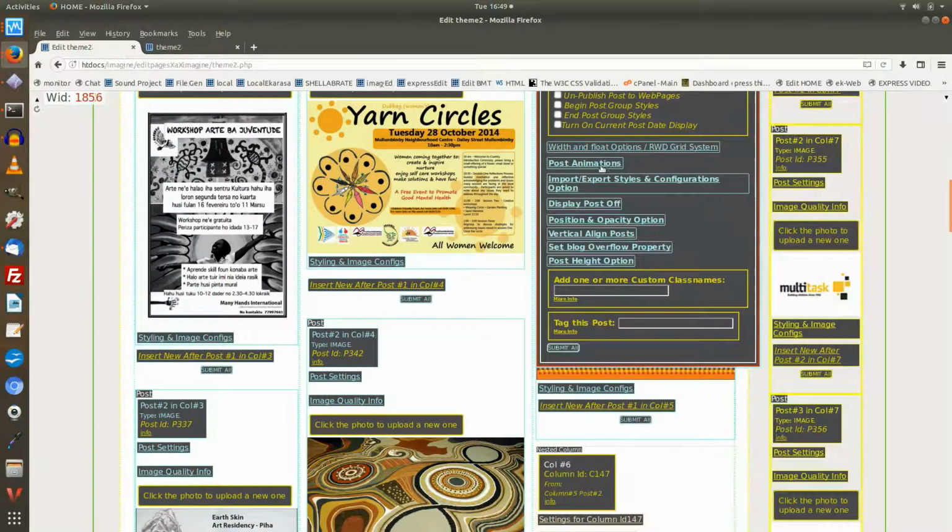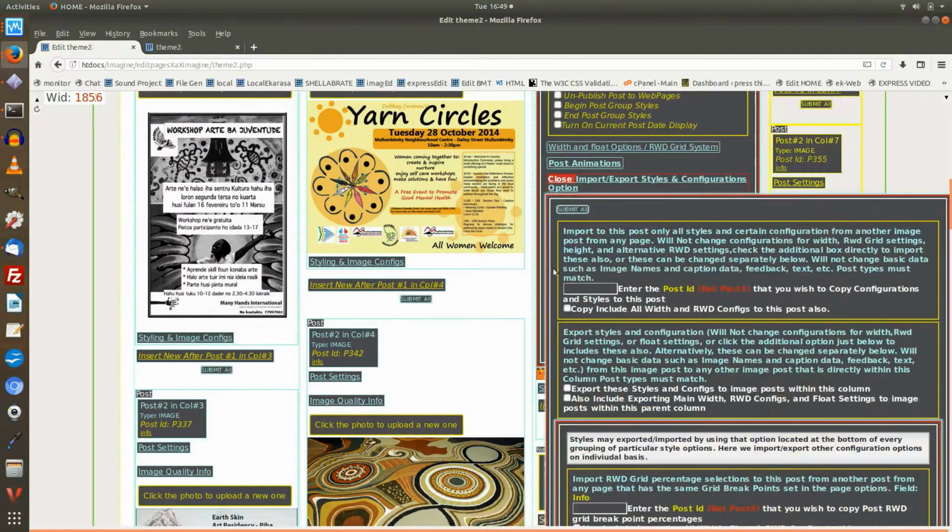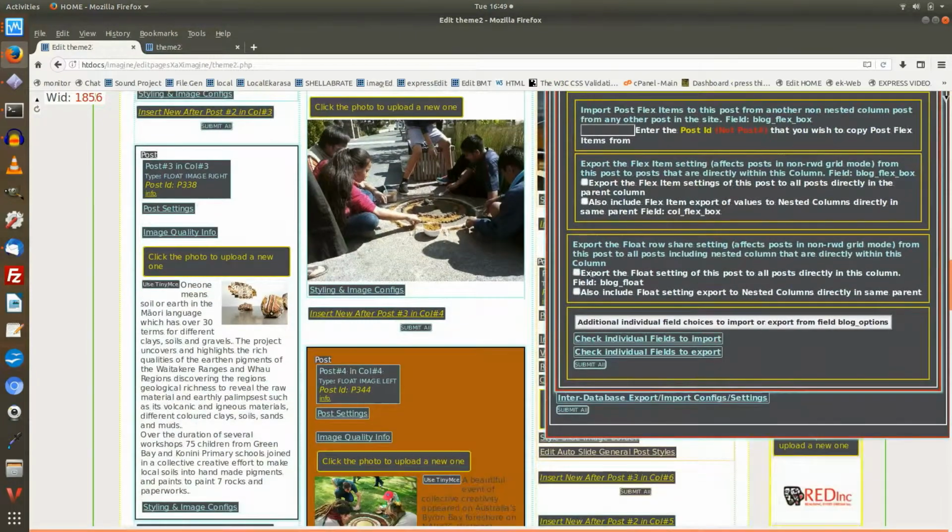We'll go ahead and export this setting to all the other posts within this parent column. There's also a nested column containing two of the posts, so we're going to go ahead and check the export to the nested column within the same parent column option. When we go ahead and look at the web page mode,